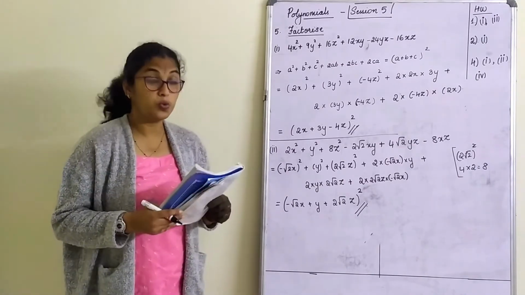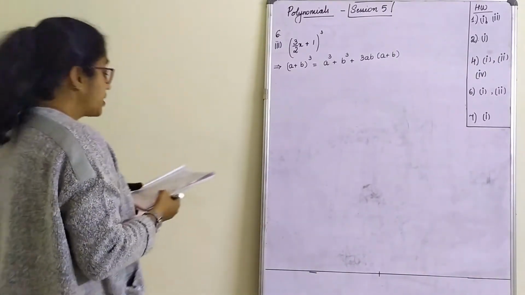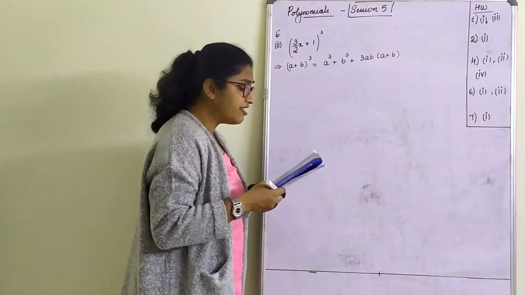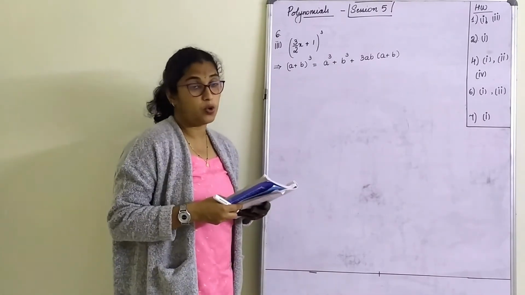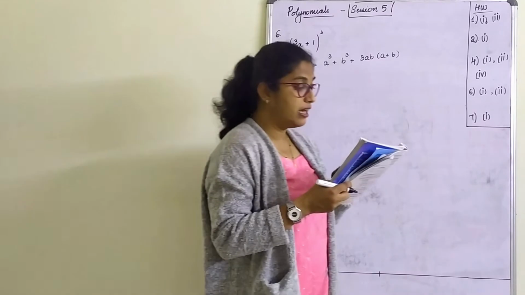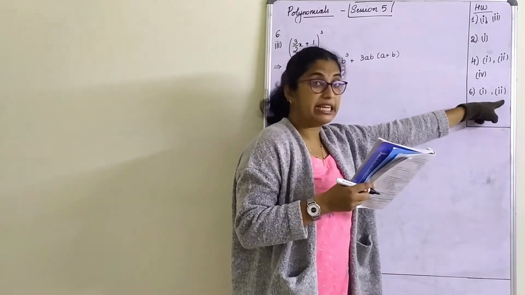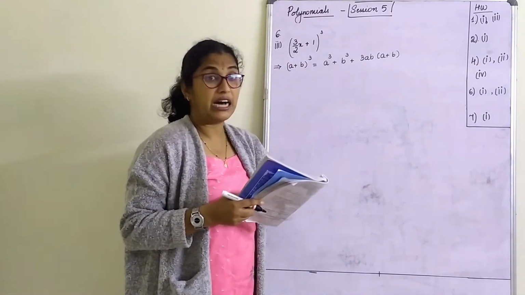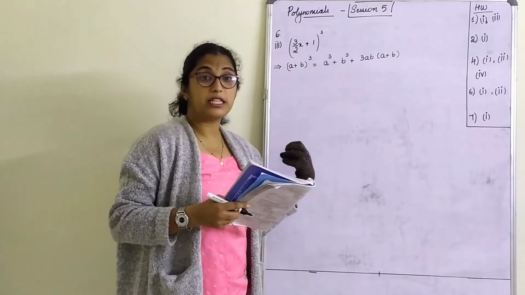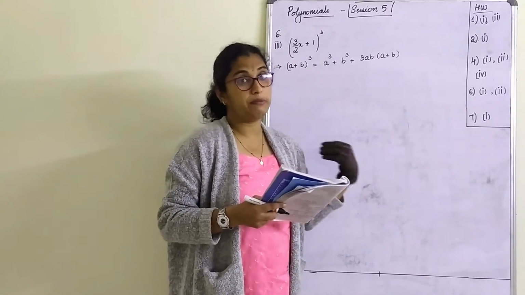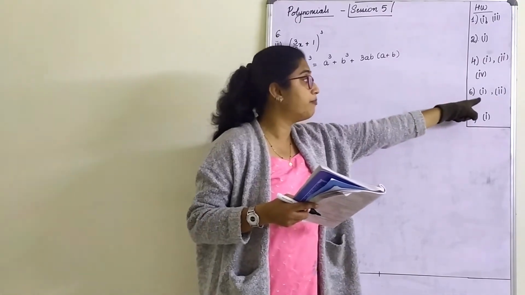So finish these two, we'll start with the next one. So 6th main, write the following cubes in the expanded form, that is, it is nothing but a plus b whole cube. So in 6th main, I will be doing 3rd and 4th part in that. 1st and 2nd I have given for homework, that is, they have asked a plus b whole cube and a minus b whole cube. One a plus b whole cube and a minus b whole cube will be done here. Another a plus b and a minus b whole cube I have marked for homework.